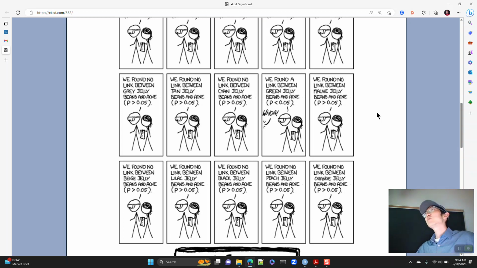But if you run a whole bunch of these, now the overall probability that you encounter a weird thing by random coincidence in total is much, much, much greater.